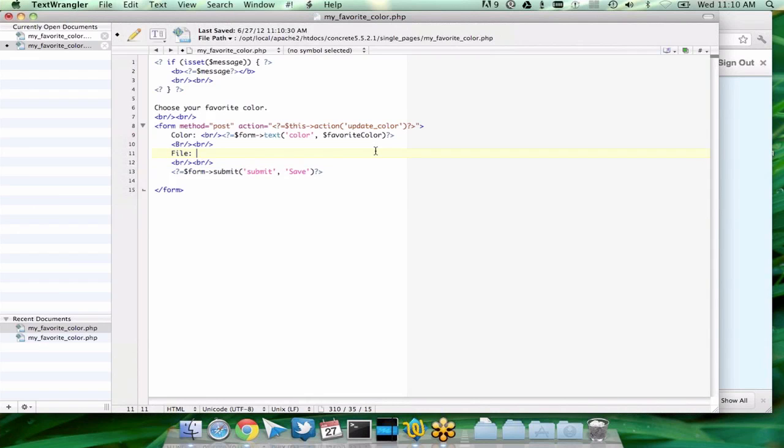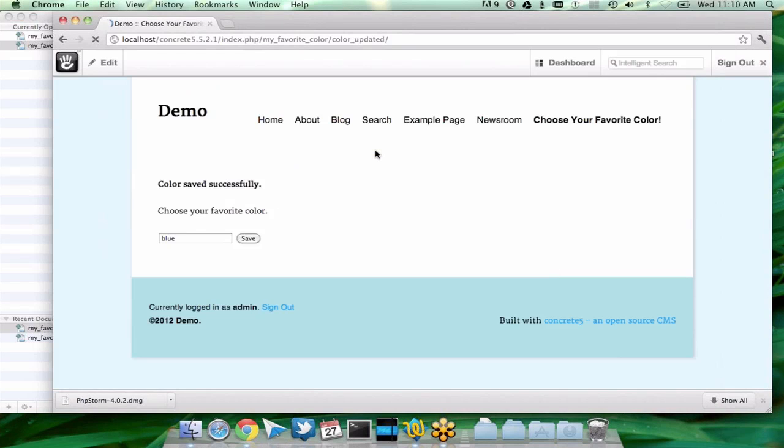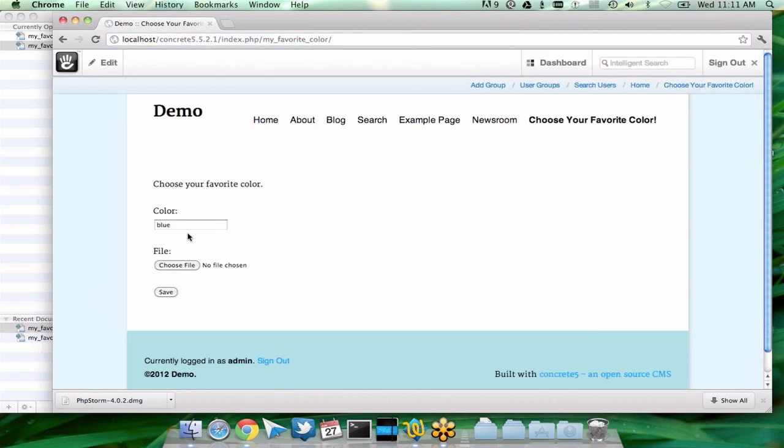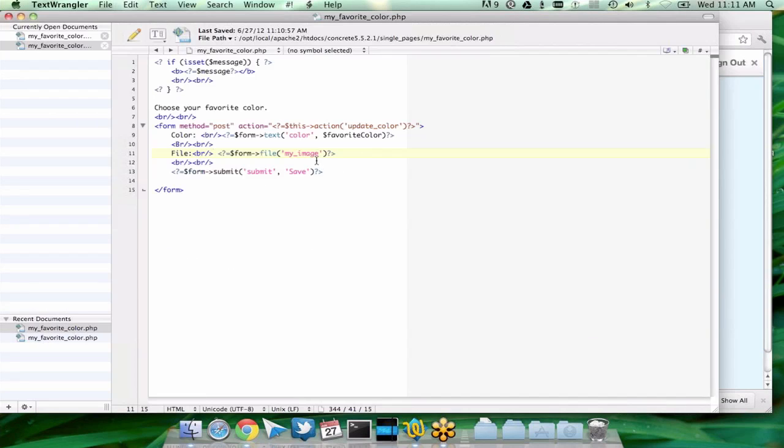So we're going to add a file upload to this form. I'm going to use the form helper again. And we're going to call this, what will we call this? My image. So I've got a file input here. Next thing I want to make sure to do is add this to my